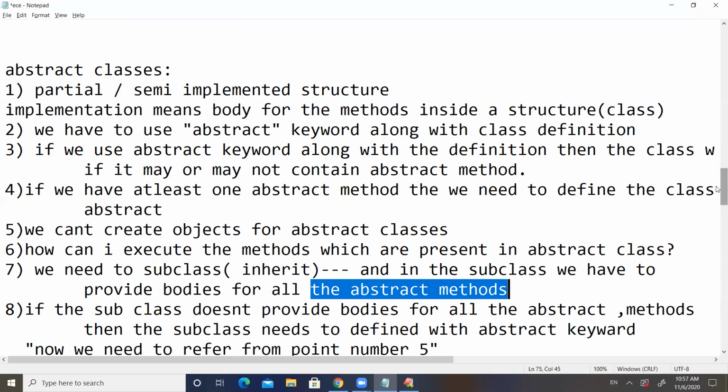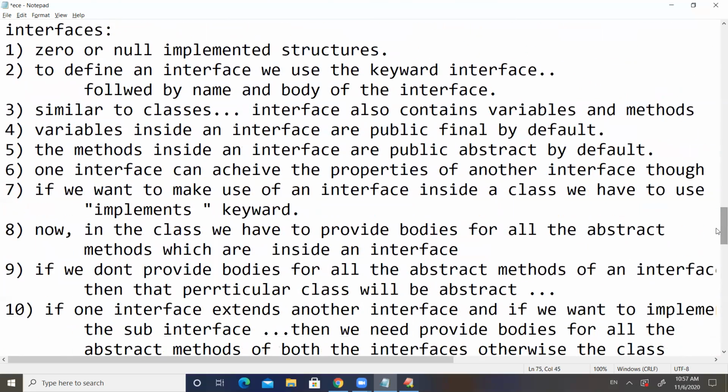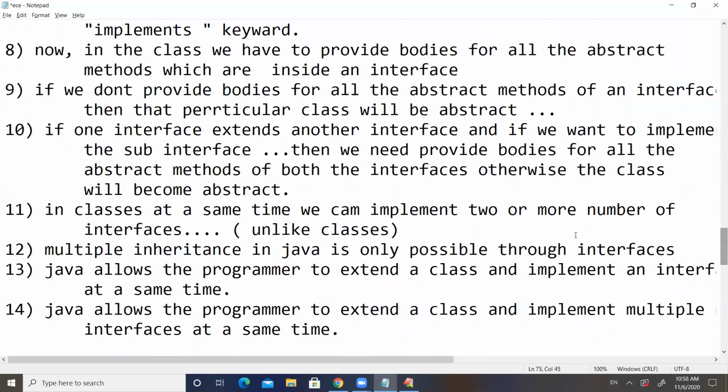So the people who miss the concept of abstract classes, they can go through the video which was there in the YouTube channel, right? And now if one interface extends another interface, and if we want to implement a sub interface, then we need to provide